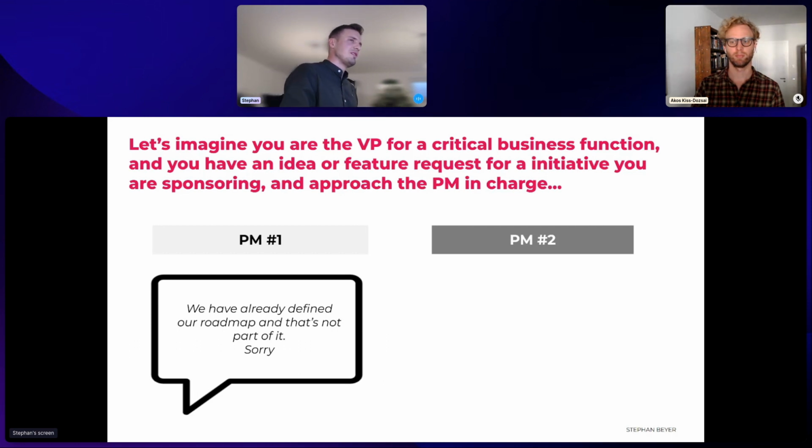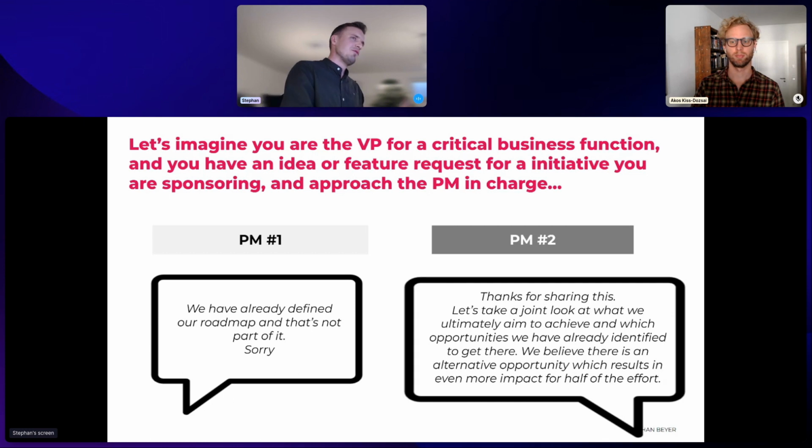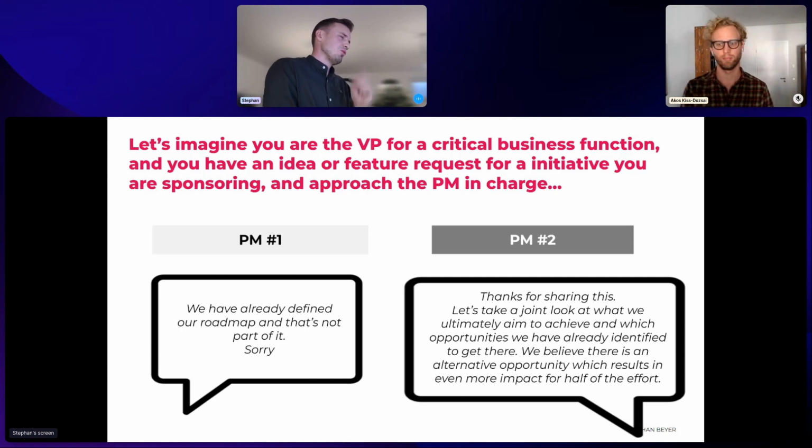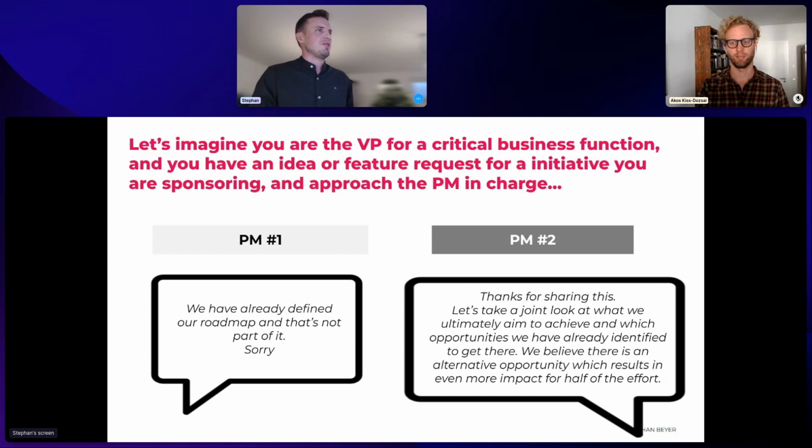So the alternative to that is, let's imagine there's a PM, you say, hey, thanks for sharing this. Let's take a joint look at what we ultimately aim to achieve and which opportunities we have already identified. And then you can compare those a bit more clearly and say, hey, we actually have an alternative opportunity which would hit the same target, the same outcome, but we actually believe it has more impact and it's only half the effort. And then the conversation becomes a bit more structured, more constructive, and you can compare opportunities at a